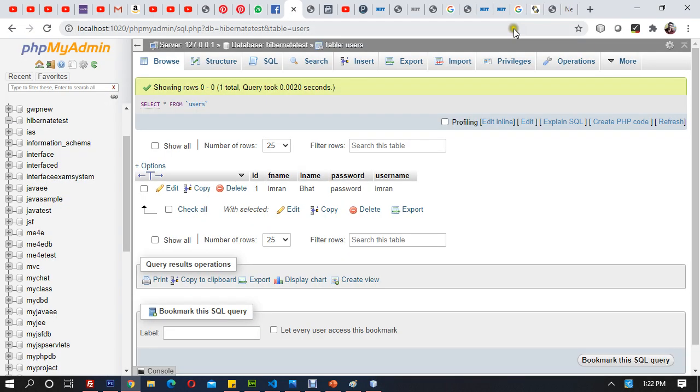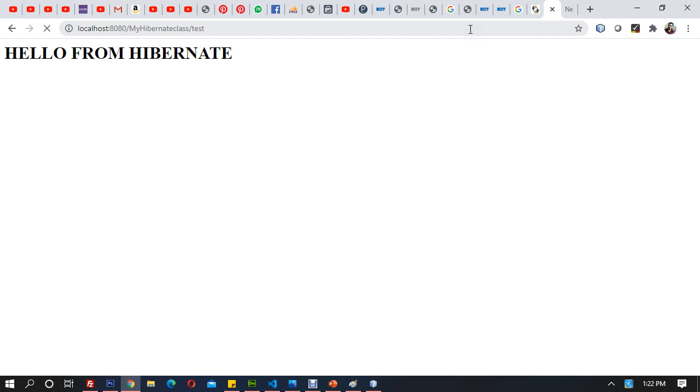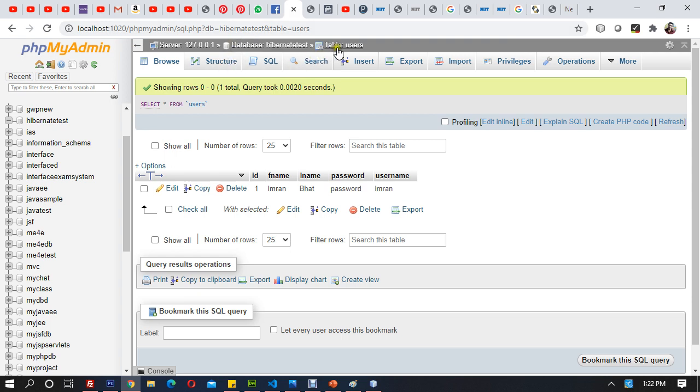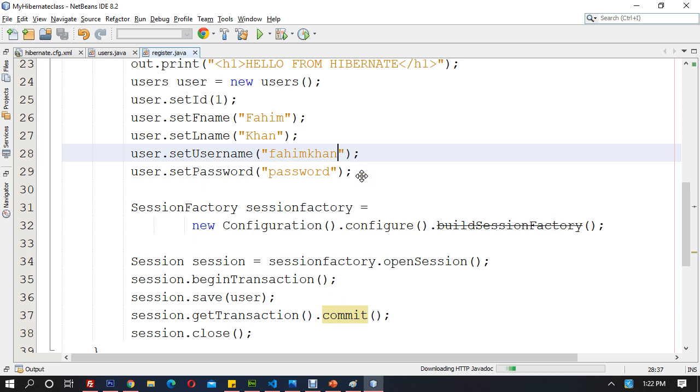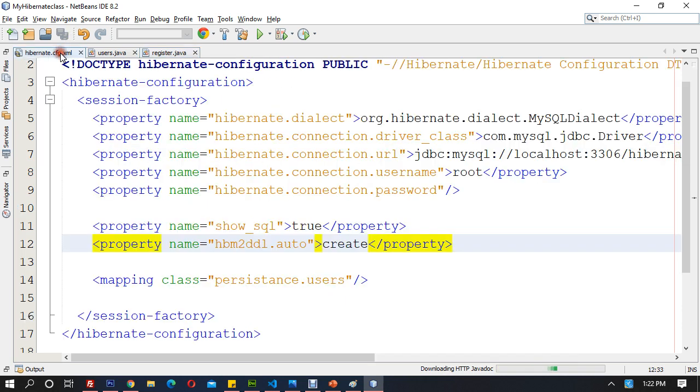Now if I redo this, let's see what happens after I reinsert data into the database. You can see that instead of creating a new record, it has created a new table, and it has overwritten the table. So for that, once the table is ready, you go to your